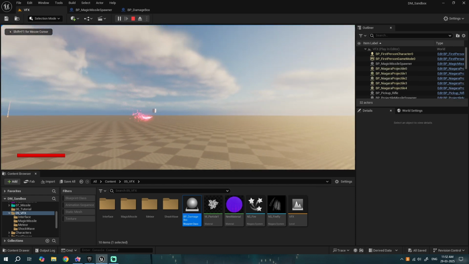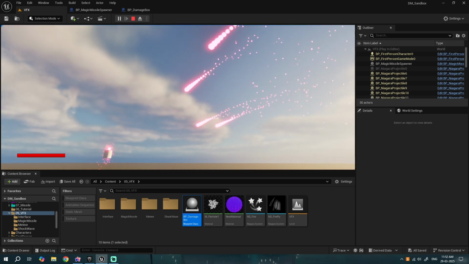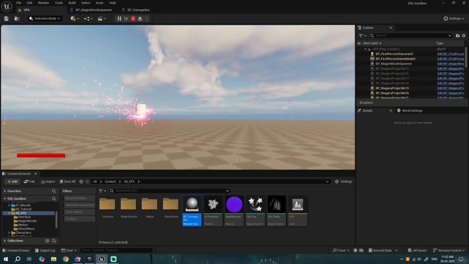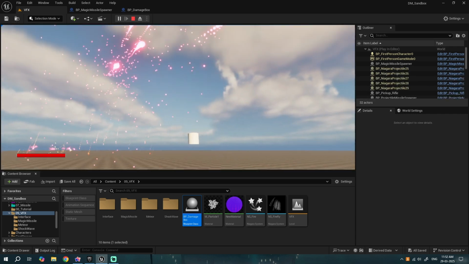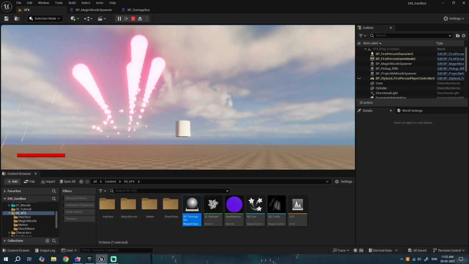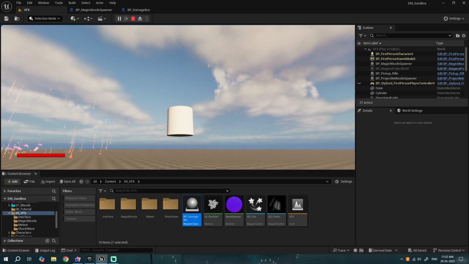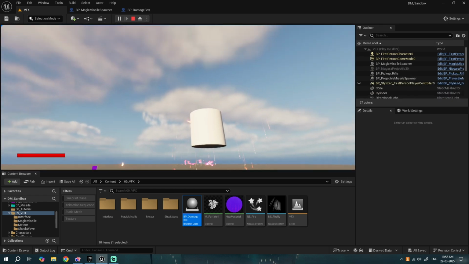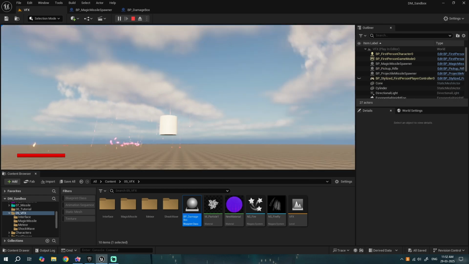I'm basically spawning 5 projectiles every time I click left. I don't know how to change targets dynamically, so right now this cylinder is getting destroyed. There's also a spark that I've spawned there, and also a sound when it hits. I also don't know how to remove this. You see, it keeps going back and then keeps rotating. I don't know how to reduce that,